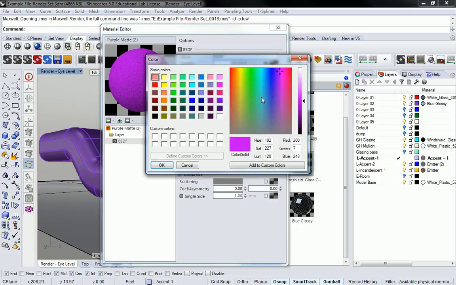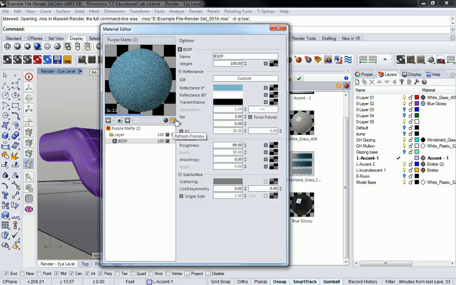And that's these right here. Let me go back to the blue. I like that blue color. Something like that. So in this case, what we're trying to do is to modify it so that we actually